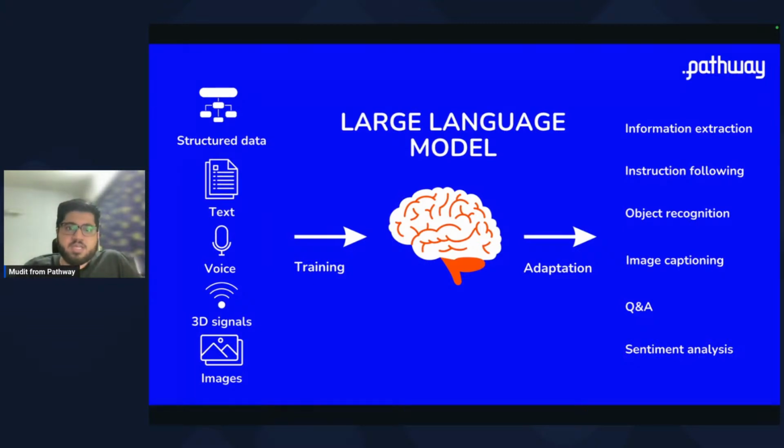We are yet to see, we are not even close to what we are about to see in terms of the kind of impact these things will be creating. And in all the cases, it will involve the use of RAG and using LLMs with external data. Why? That is something we'll understand. But this is what LLMs are.